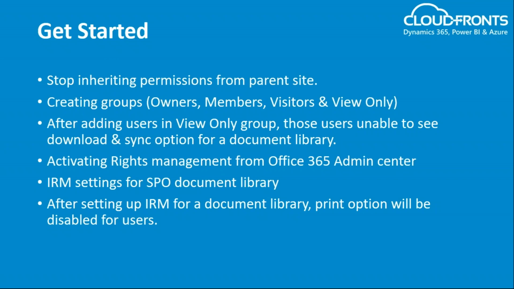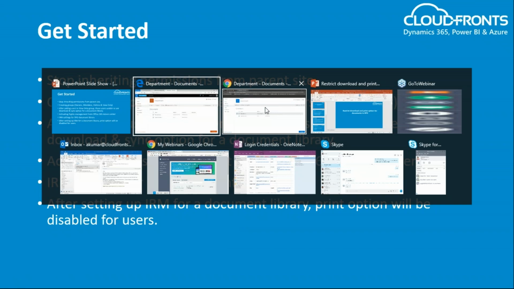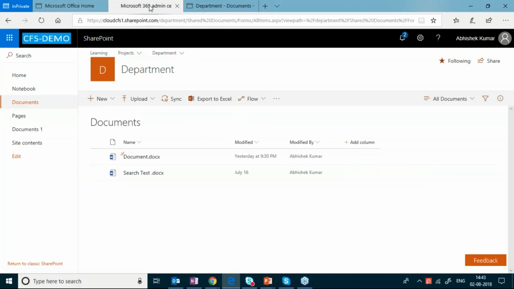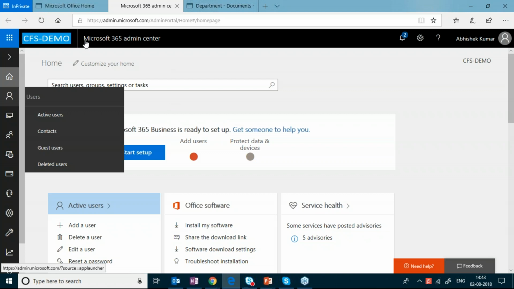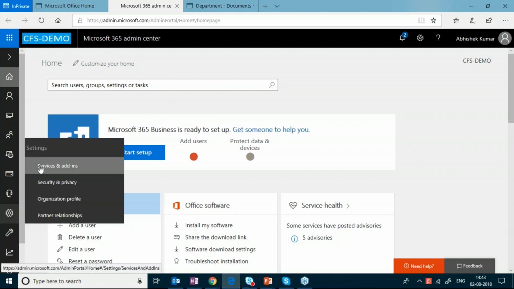So we also want to disable the print option of the documents for users. For that, first of all, we need to activate rights management from Office 365 Admin Center. For doing so, we'll go to the Office 365 Admin Center, which is also called Microsoft 365 Admin Center. So we'll go to Services and Add-ins,